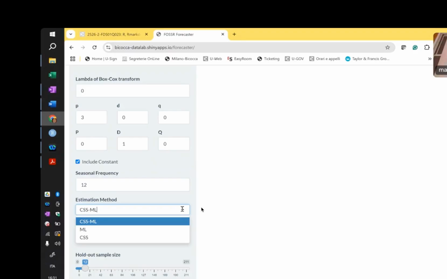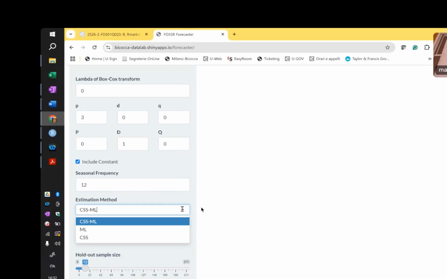And this is just what kind of estimation. So maximum likelihood should be the best one, especially if you have small samples. If you have larger samples, they are equivalent, okay? But in small samples, maximum likelihood is better than least squares. It will be clearer later what the difference is. It's not a great difference, but there is some difference here. You will see later, because we will understand better when we look at the model in state space form, okay? So wait a little bit and you will understand what's the difference between these